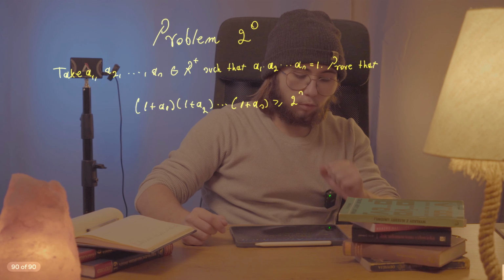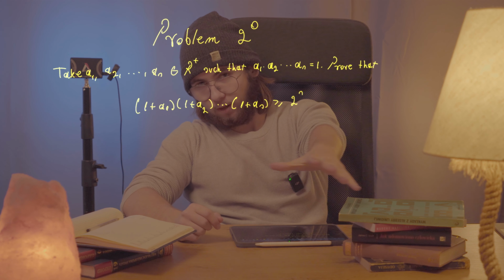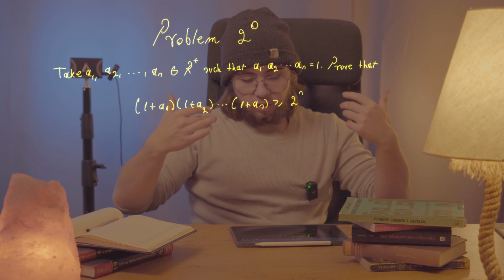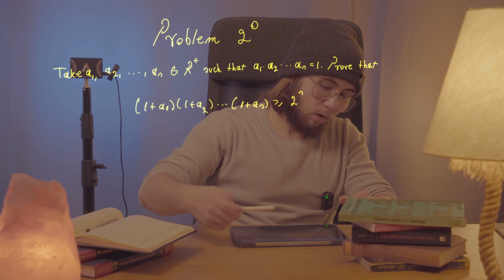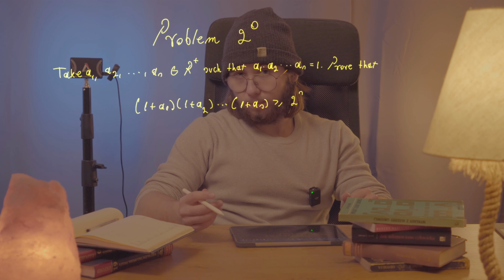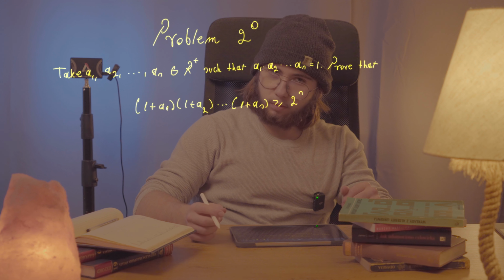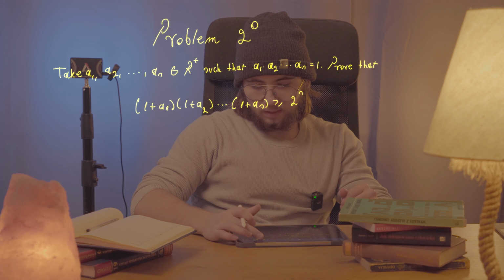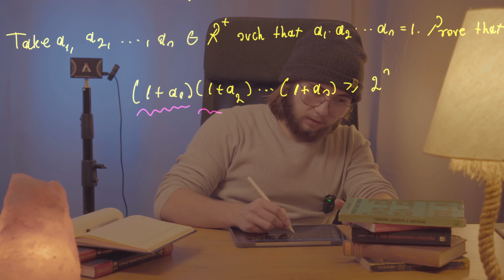Okay guys, so for the second problem, we are supposed to take a1, a2 up to an such that all of those a's are positive reals, such that the product is equal to 1. We're supposed to prove that (1 plus a1) times (1 plus a2) all the way to (1 plus an) is greater than or equal to 2 to the power of n. Perfect. Lovely. So how are we supposed to solve this problem? Let's consider each and every one of those factors right over there